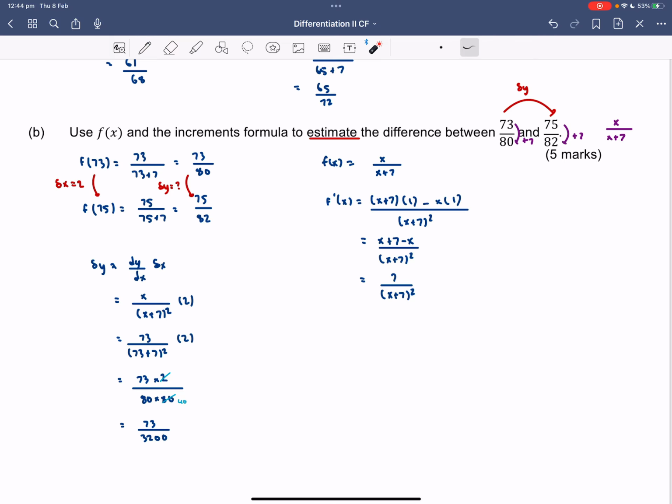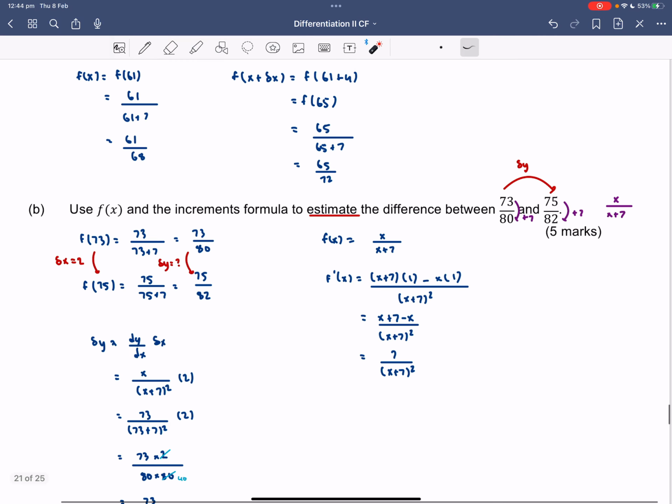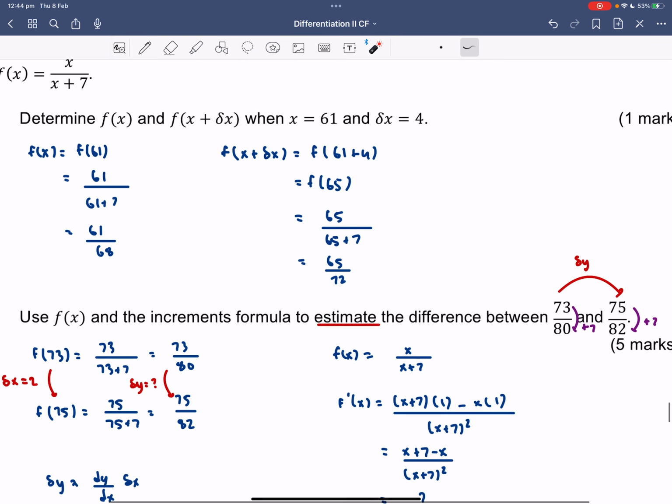Not too bad if you realized it, okay? But they didn't give you much clue, and then part A was a bit of a distraction because part A didn't really help. It would have been better if they said find it when x is 73 and the change in x is 2, because that would have explicitly, if it was 73, you would have explicitly got 75 on